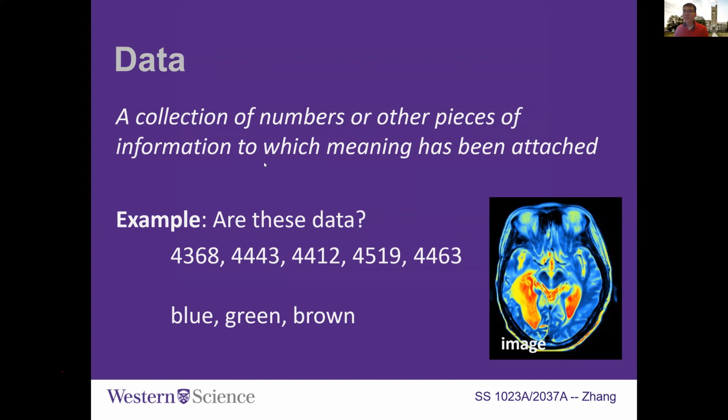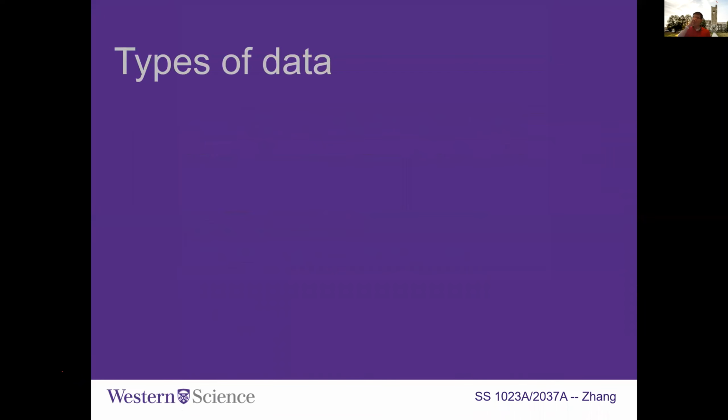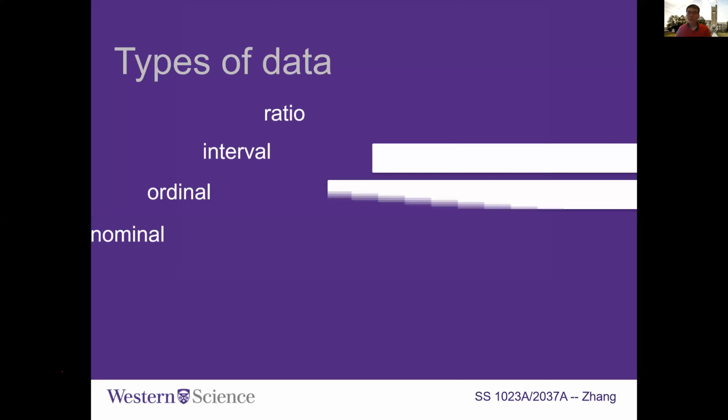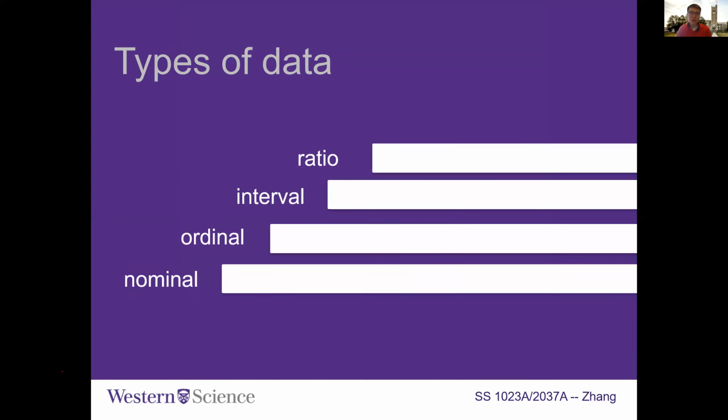So right now, I guess you have a good sense of what is data and what is not. Then the next question is, usually we do not just directly look at the data, because data are classified into multiple classes and appear in different ways. So in that sense, we usually classify data into 4 different types according to their special features. So we have nominal, ordinal, interval, and ratio.